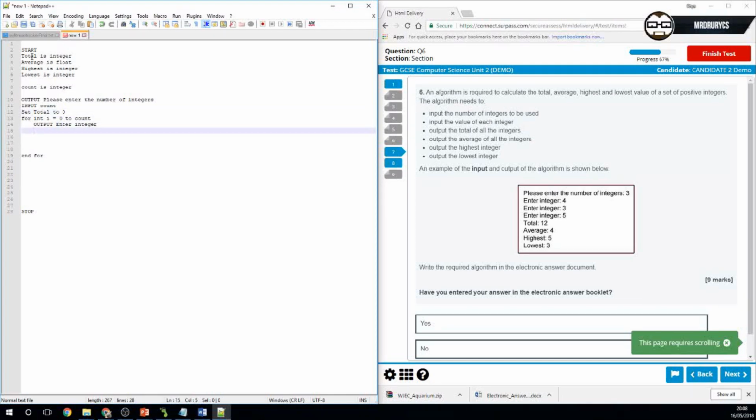Now what you want to do is, we'll need a number to temporarily store that number. So there's nothing stopping you at all just doing temp is integer, and then down here I'm going to input temp. So that's my temporary value because I don't want to overwrite the total. Okay. So then I go total equals, or I should do set total, which should be a capital,